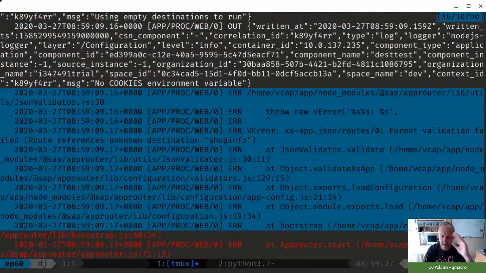VCAP, okay, this is what manages all the environment variables. Format validation failed. Root references unknown destination shop info. But we've got the destination shop info. Why is that? What? And the reason is